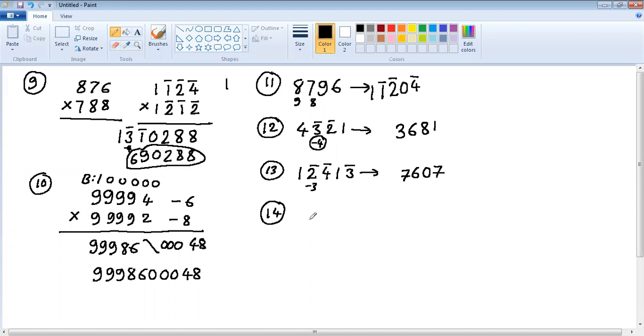Fourteen is yesterday's topic, cubes. 42 cube. Yesterday we have done this. First step, cube of first digit. First digit is 4 here. 4 cube is 64. 1 to 9 cubes you should know by heart. Ratio between first digit and second digit. First digit is 4, second digit is 2. We want to get 1 here, so divide both sides by the same number so that it nullifies the effect.